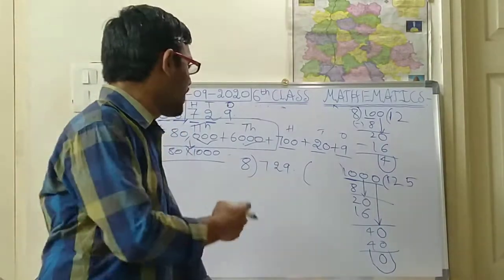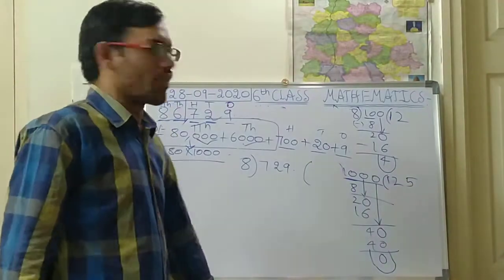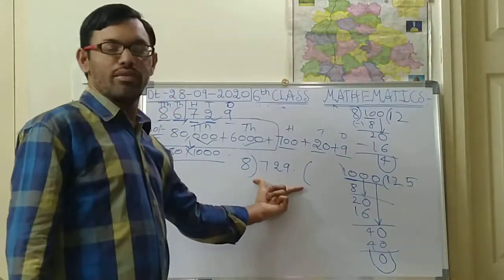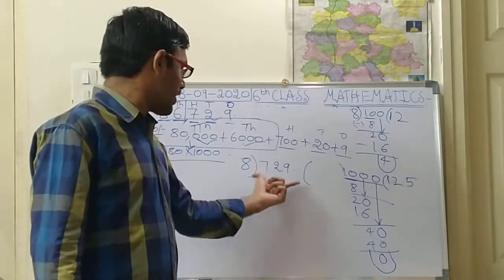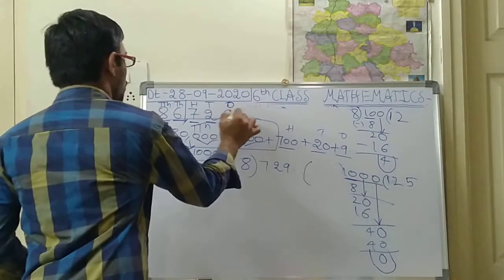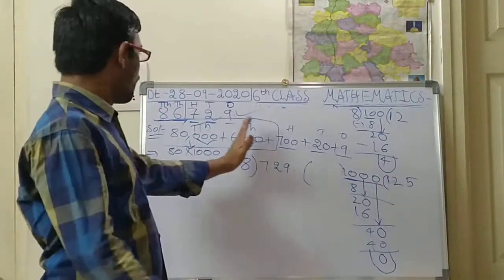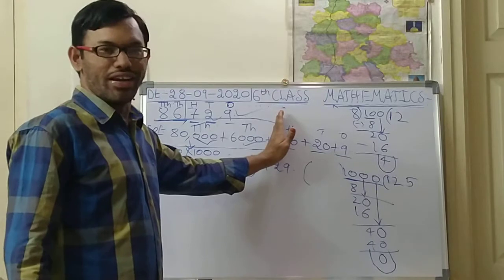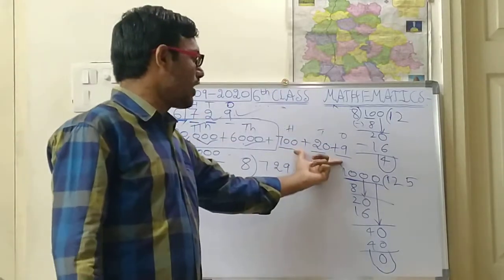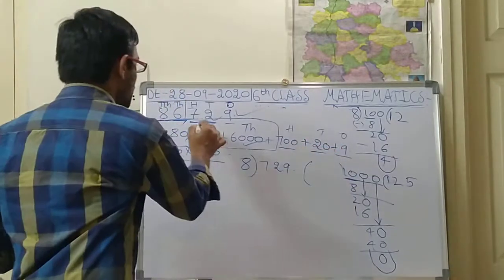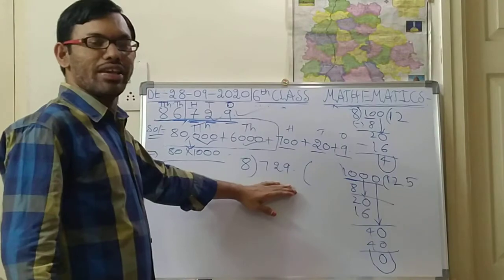So generally how will you do the division? Like that you are supposed to check. Suppose this is also divisible by 8, that means if you get a remainder of 0 for this division, then the total number is divisible by 8. Okay, we got it. Up to thousands is divisible, but the remaining part is 3 digits. So these last 3 digits you are supposed to check, whether they are divisible by 8 or not.